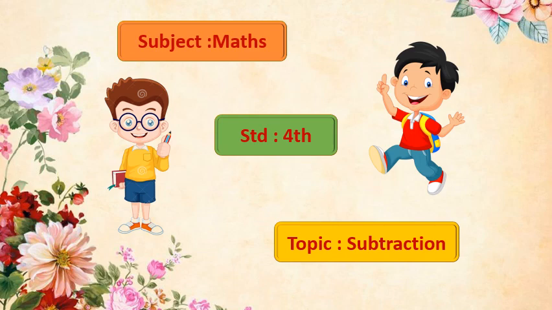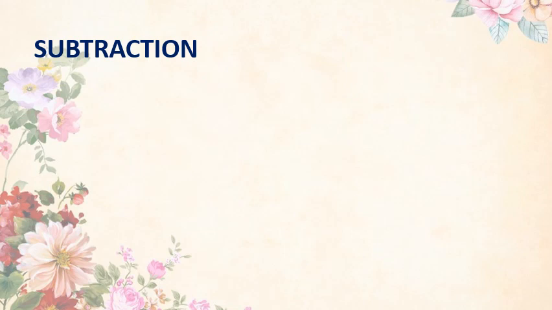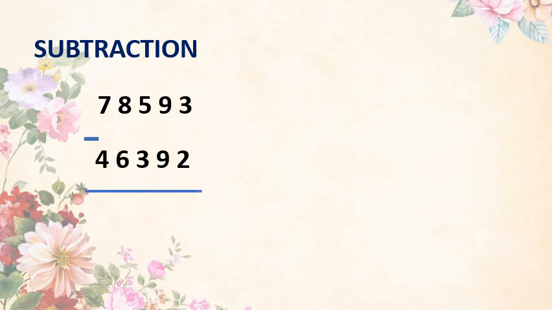Okay, and here you can see 2 students of your class. They are going to help us to solve the sums. Let us move to our sums. Students, first we will take a quick recap of the subtraction without borrowing and subtraction with borrowing. This is the first one. Okay, this is the 5-digit sum subtraction without borrowing.